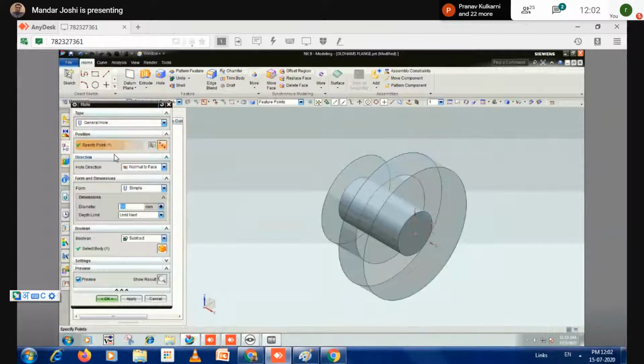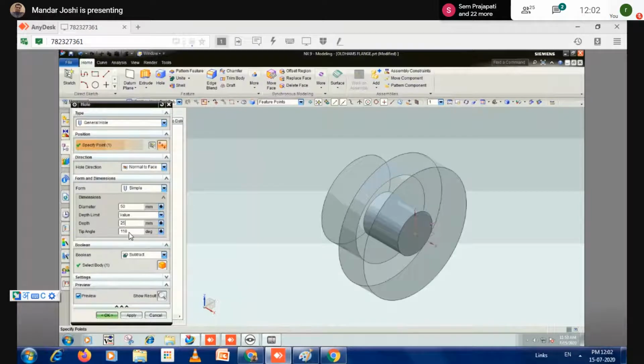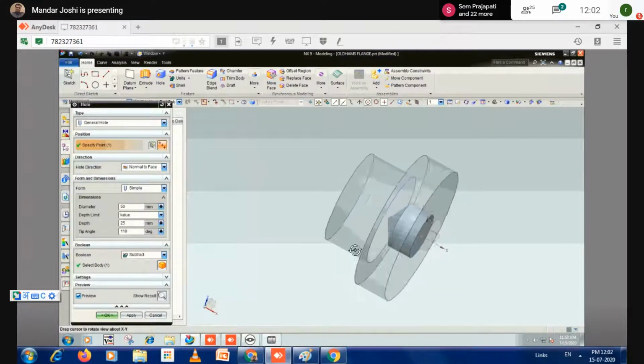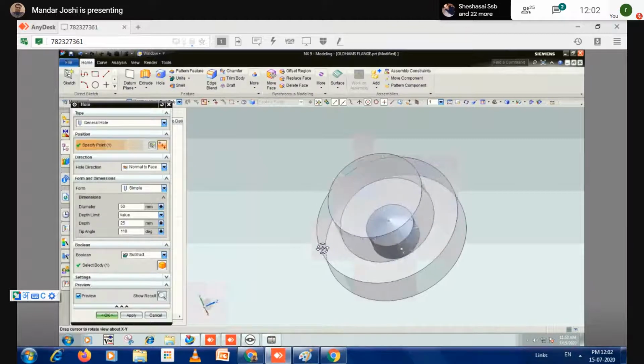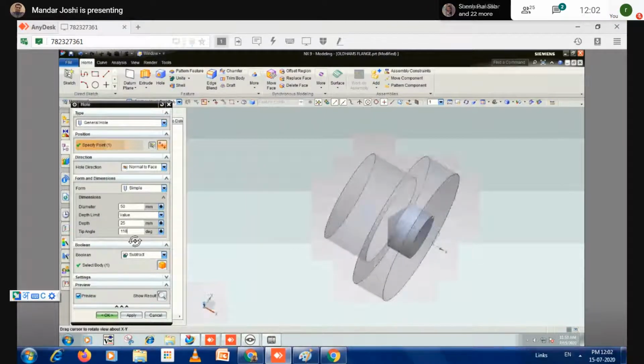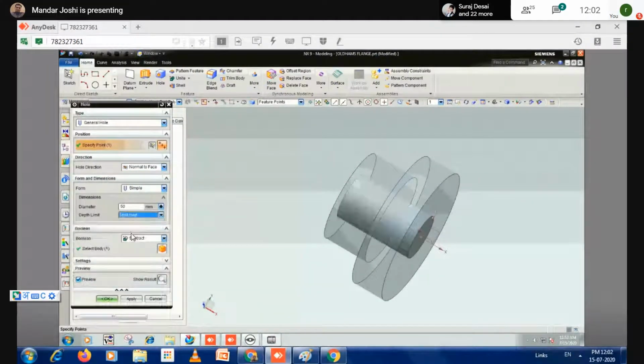So how many points is it showing to you? It is 1. And the direction of material addition, material cutting is normal to face. Okay. And the type of hole is simple. Diameter is 50 and depth is up to next. If you want to insert a blind hole, use the value and apply the value how much you want. Let's say it is 25. You can see that there is a deep hole also included. The standard angle is 118, but actually I don't need that depth value, so I select here until next. And Boolean operation, you have to use the subtract and click on OK.